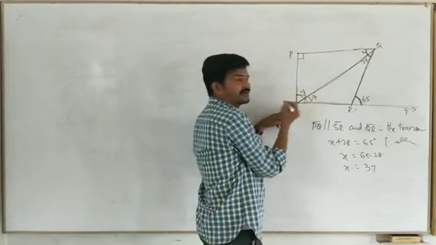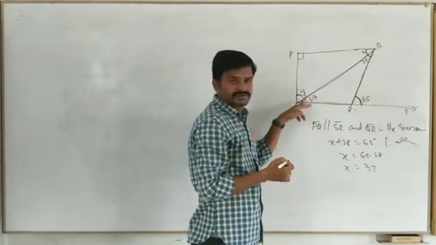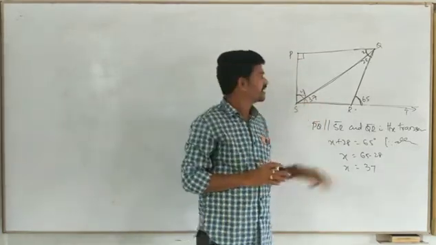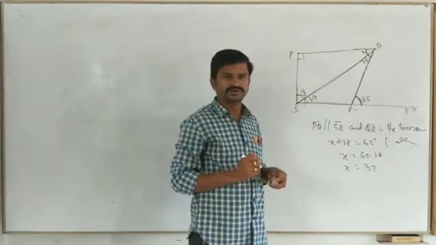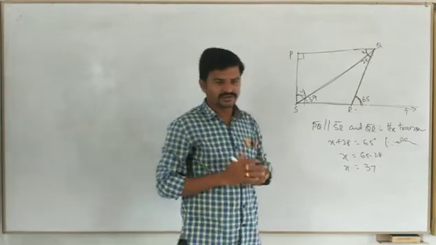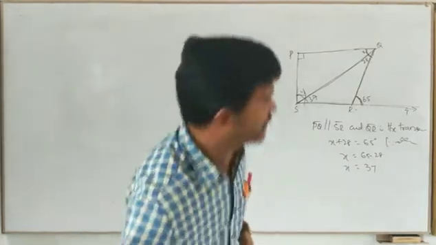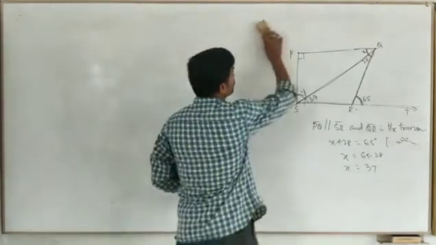Because it is a perpendicular line. When this is perpendicular, this is also perpendicular. Like that also you can do it. Or else triangle property apply, you can do it. Anyway you can do it, no problem. Will you be able to do by your own? Yes, sir. Okay, now I am going to arrange this. Yes, sir.